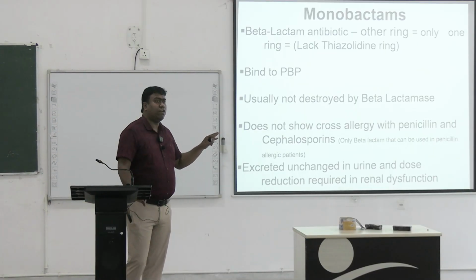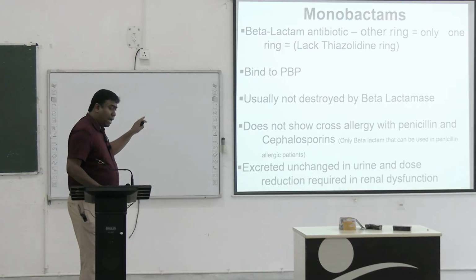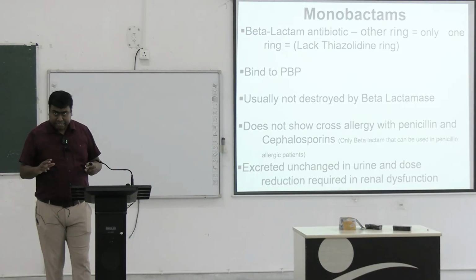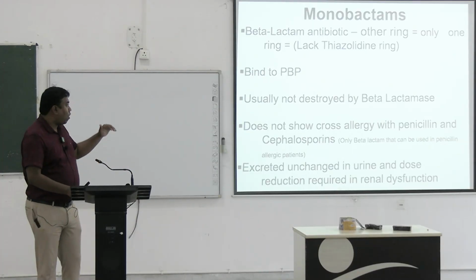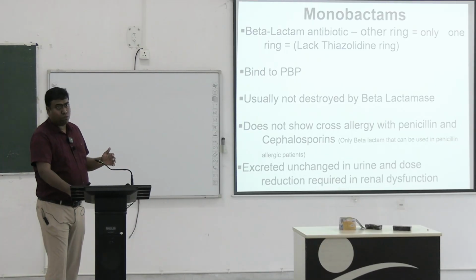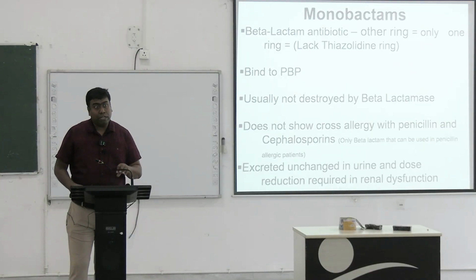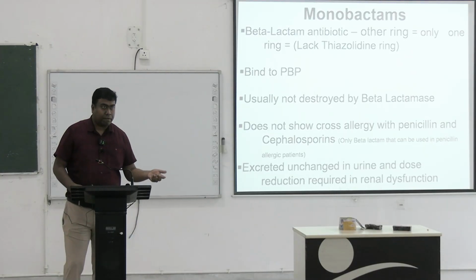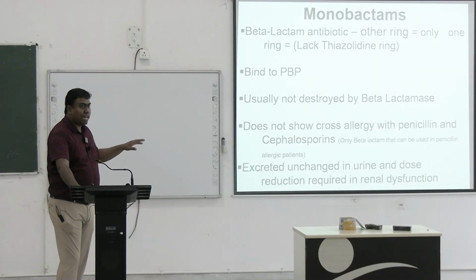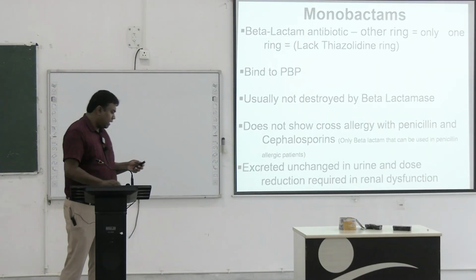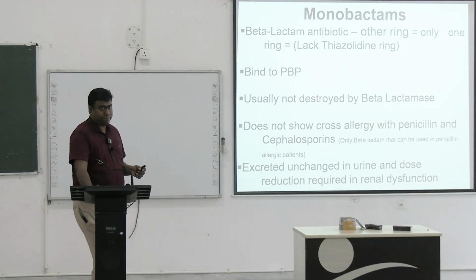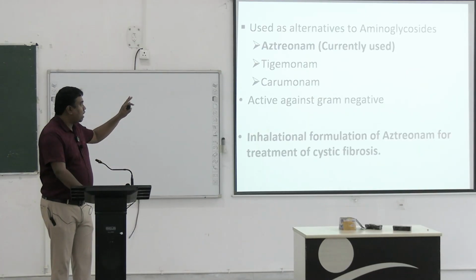They are usually not destroyed by the beta-lactamase, and don't show allergic reaction like penicillin or cross-allergic reaction with penicillin. So we cannot give cephalosporin if the patient has penicillin allergy, but we can give Aztreonam or Monobactam because cross-allergic reaction is less, excreted unchanged through the urine. Monobactam. Aztreonam commonly used,